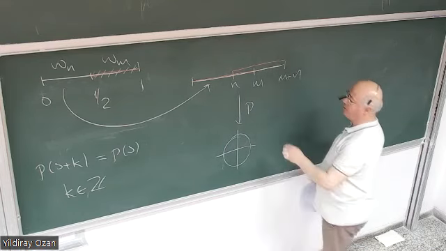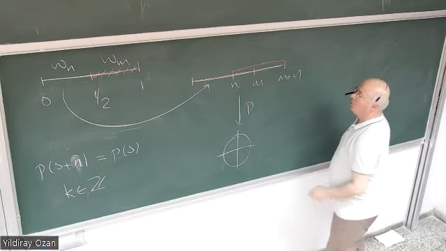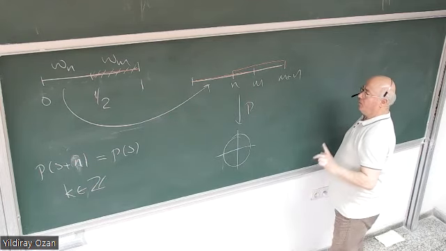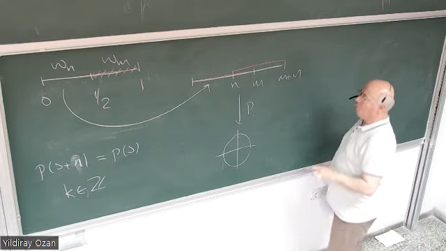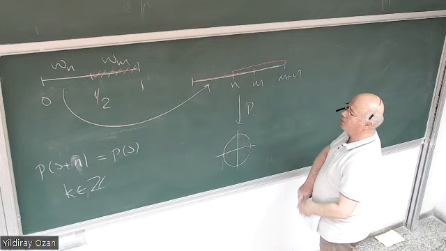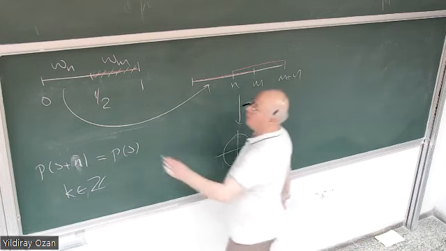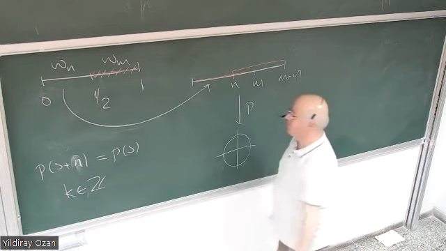So here I can just put n here. Therefore, the sum of the homotopy classes of Wn and Wm,